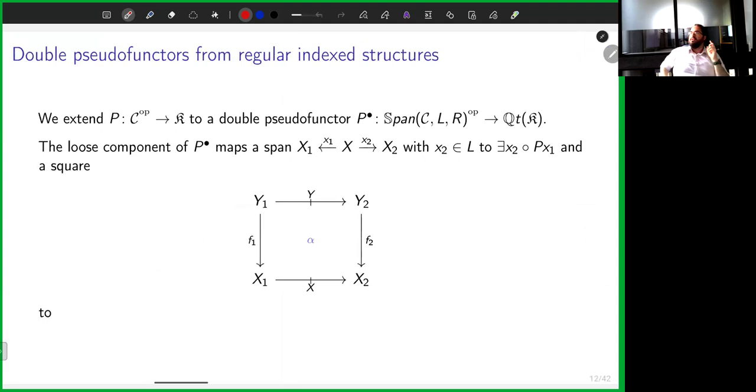Okay, so here's the idea. We have this P from C up to K, which is Cartesian monoidal, and we extend it to a double functor, a double pseudofunctor. So a double pseudofunctor has both its tight and loose components pseudo, hence the name. I'm saying that the tight component of this P dot is just P, and the loose component goes like this. It maps a span with x2 in L to this pull push, exists x2 PF x1, and it maps a square